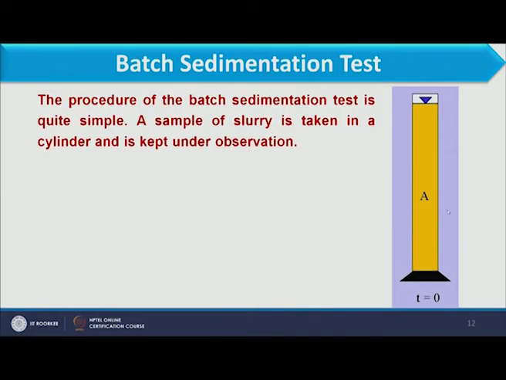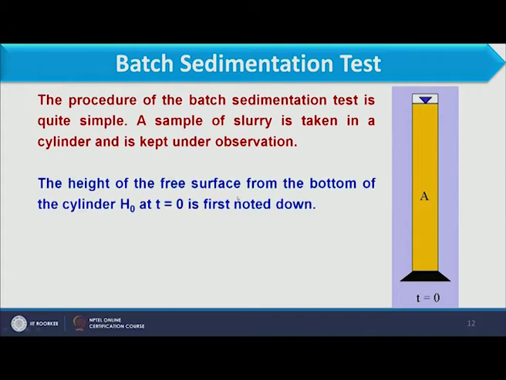So if you see this figure, here we have the glass cylinder where we have put the sample of the slurry for which we have to design the continuous system, and this slurry is completely mixed in it. It means the settlement of the particles has not started at time t equal to 0. The complete concentration of this solution is homogeneous.